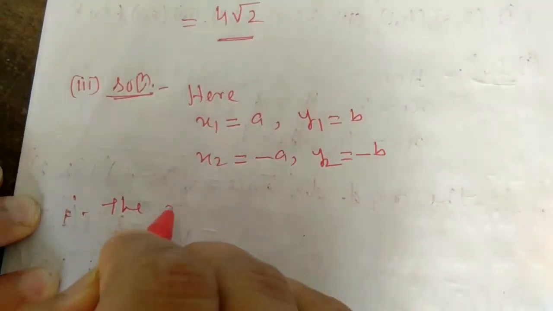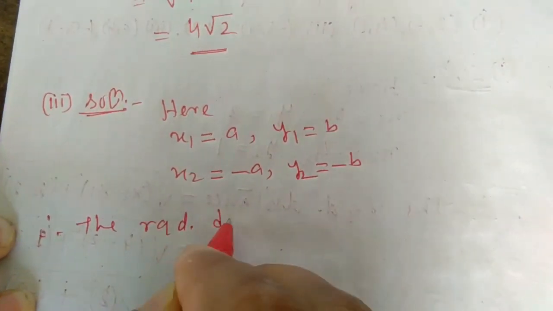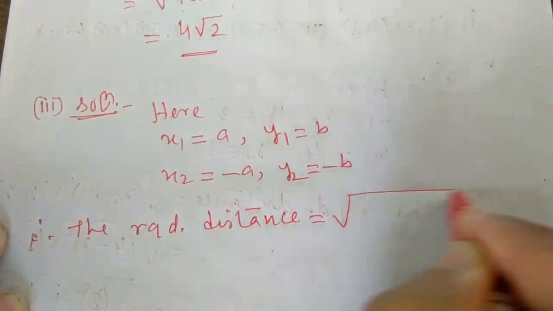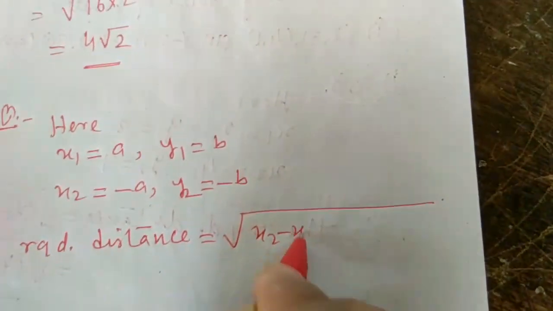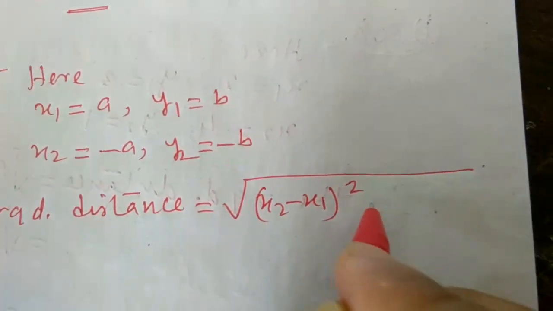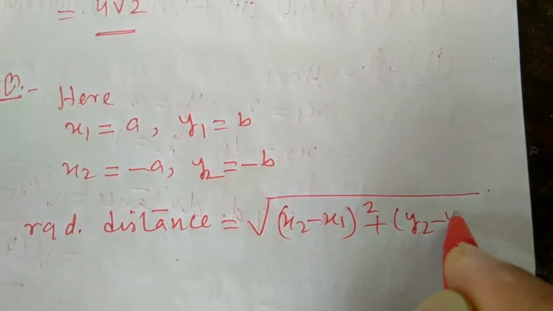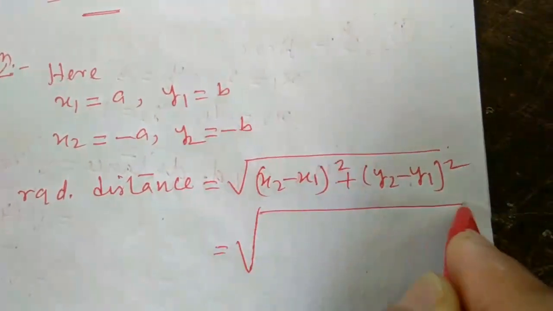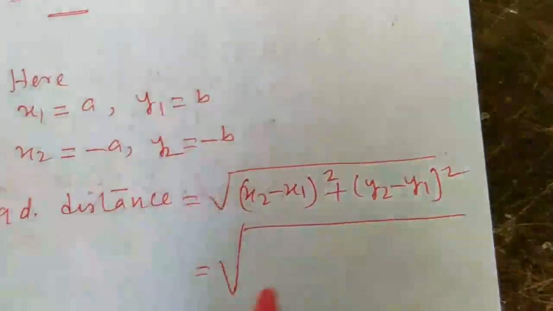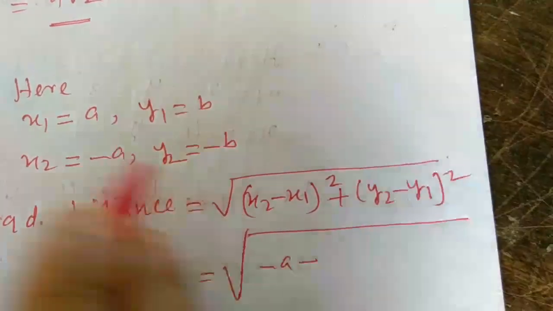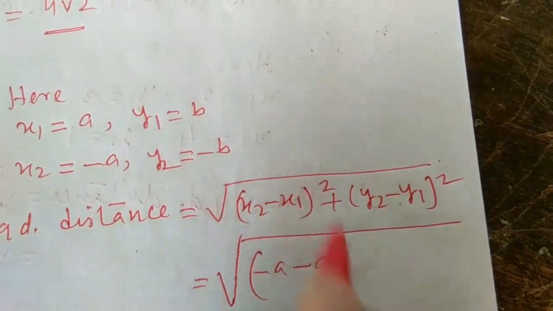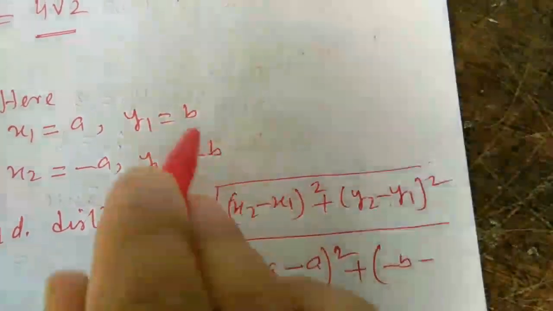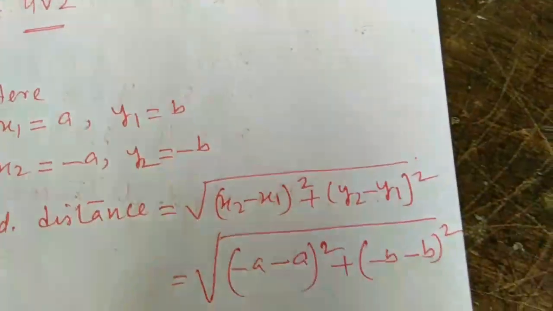Therefore the required distance equal to same formula, root over x2 minus x1 whole square plus y2 minus y1 whole square. Put the value of x2 here. Value of x2 is minus a, minus value of x1 is a whole square, y2 value minus b, y1 b whole square,